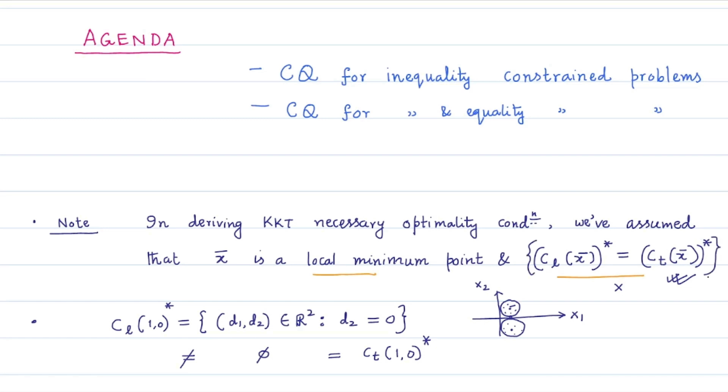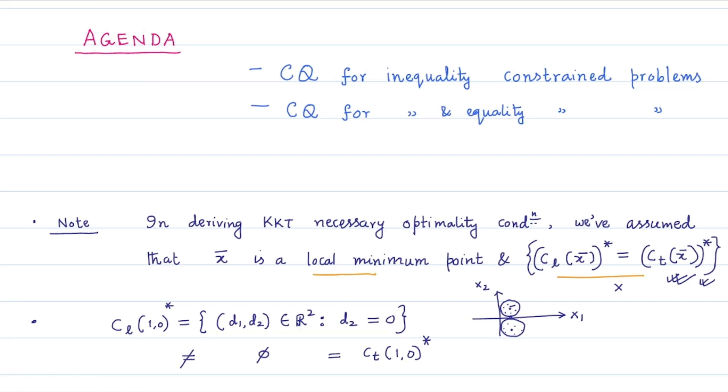Basically, a constraint qualification is an assumption made about the constraint functions that, when satisfied by a local minimizer, ensures that the local minimizer is a KKT point, or that it satisfies the stationarity of the Lagrangian function. However, conditions such as these, the dual cone of the linearizing cone and the dual cone of the tangent cone being identical, are very abstract, although extremely general, but not easily verifiable.